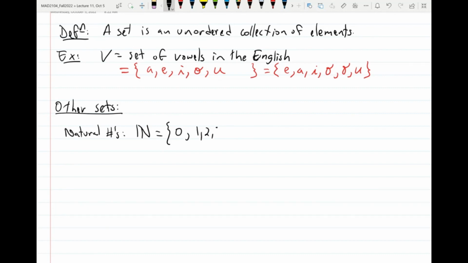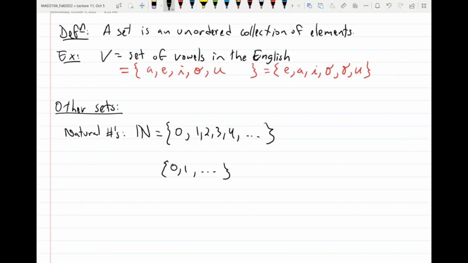So 0, 1, 2, 3, 4, and so on. We're going to talk about these 3 dots soon. This means, and so on. In other words, once the pattern has been established, then you have the right to write this, because this is an example of an infinite set. You cannot just write all the elements here; we're not going to be done, right? There are infinitely many elements here. So you establish your pattern, and when you say and so on, that means anybody that walks in should be able to look at this and figure out what's the next and the next and the next. If I do this,